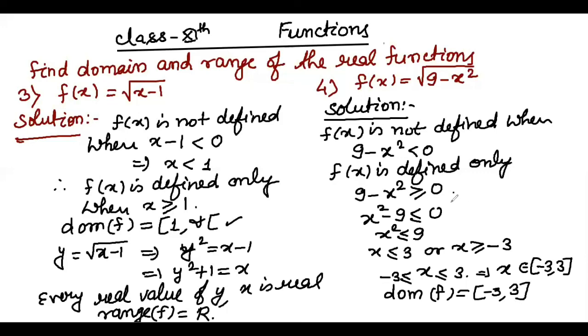This pattern you have to remember: whenever we get a square expression less than or equal to 0, we can directly write it like that, x less than or equal to 3 and x greater than or equal to minus 3. So x will be in between, greater than or equal to minus 3 and less than or equal to 3. We will study this form in inequalities also, linear inequalities. Now we have to find the range value. For finding the range, I am going to rub this part because space is not there.